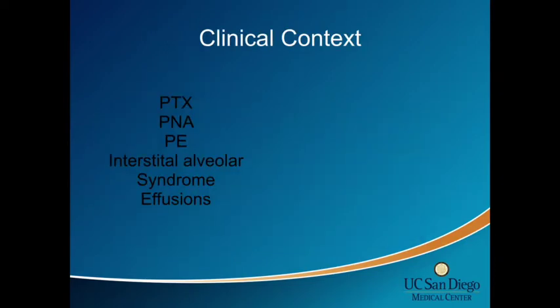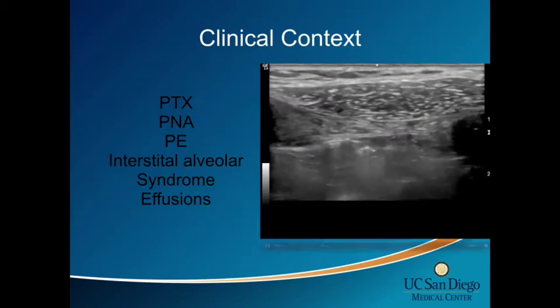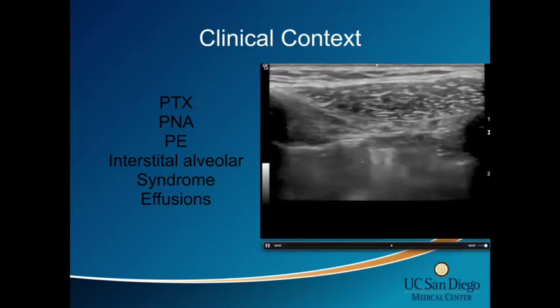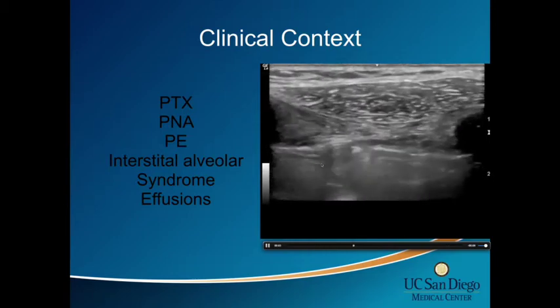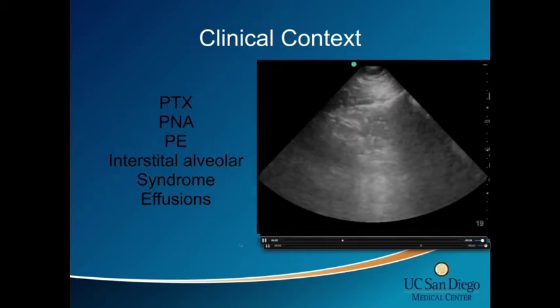So really simple. That's really it for most of the thoracic ultrasound. What we look for is a pneumothorax, which I already showed you, is this lack of lung sliding with a lung point, which is the transition of sliding to no sliding. What does a pneumonia look like? Well, it'll look something like this,